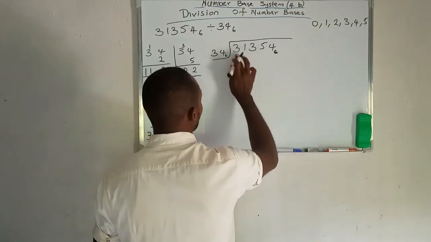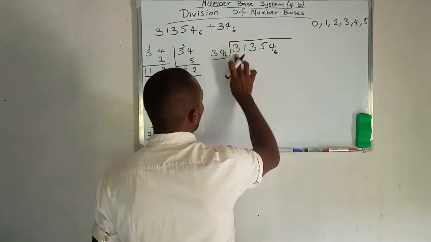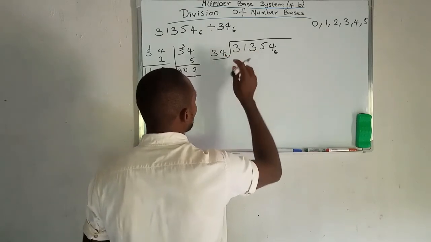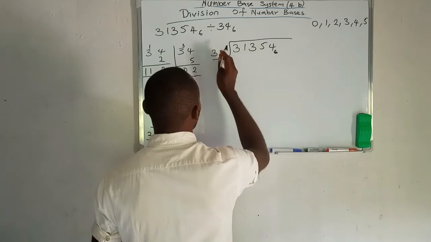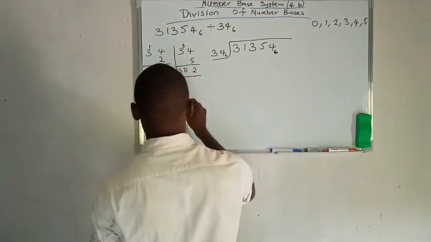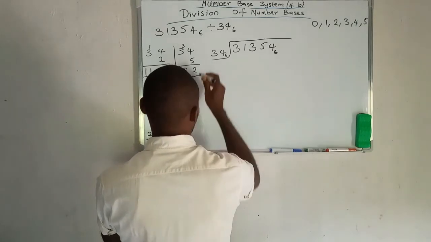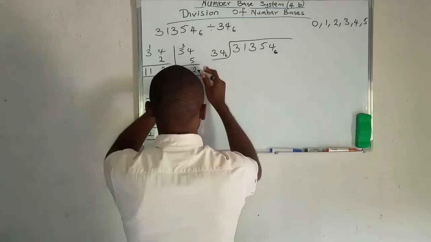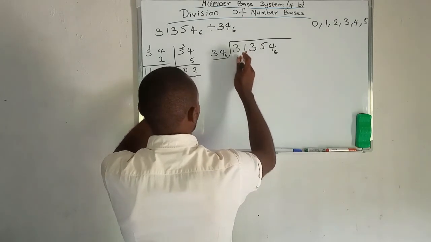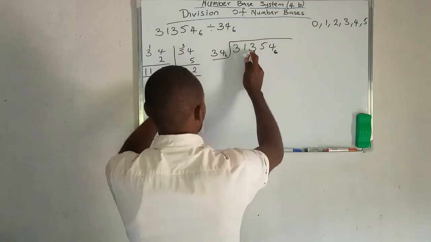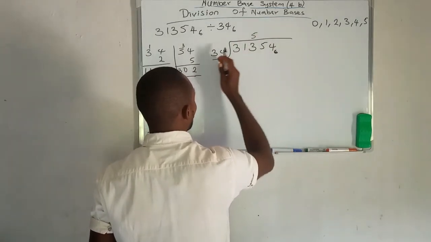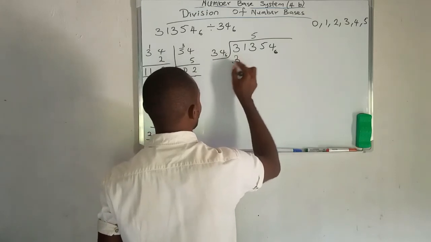34 divide this, first pick these two numbers. We have 31, 34 is bigger than 31. So pick these three numbers. We have 313 divided by 34. So we check in this place. We have 112, we have 150, and we have 224, and we have 302. So 302 is the number that is closest to this. So we are going to multiply this by 5. So 5 times this will give us 302,